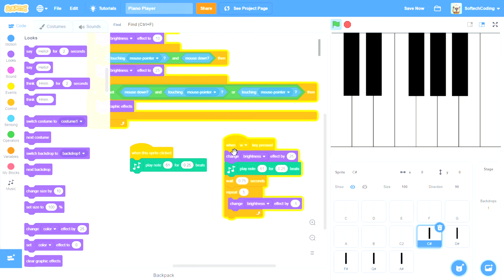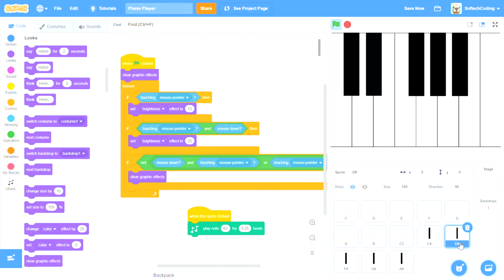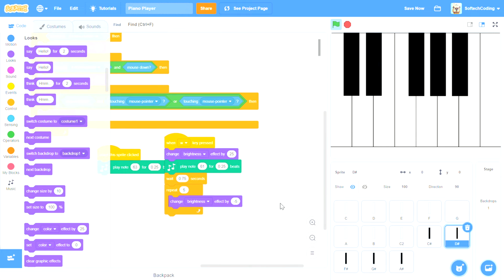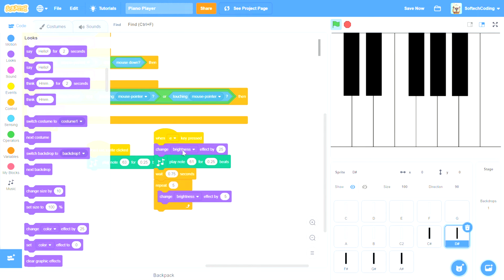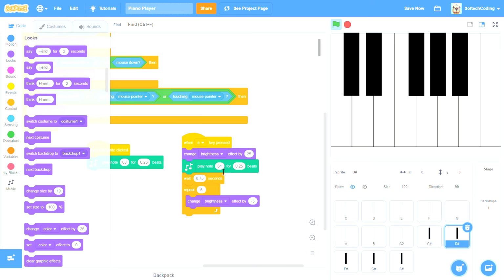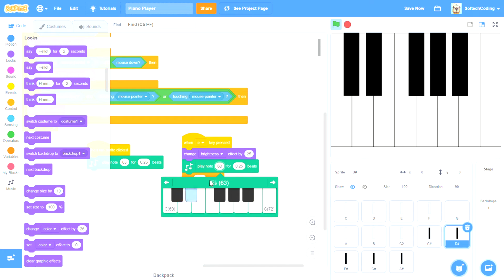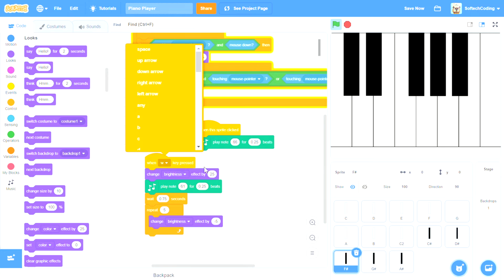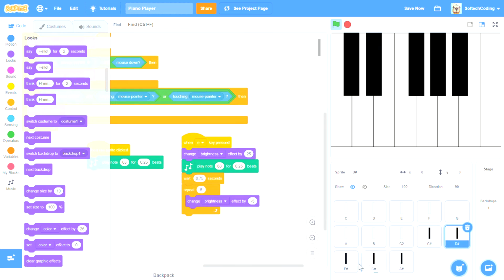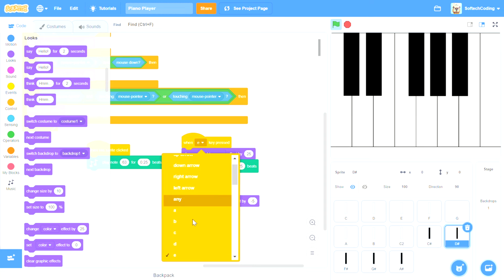I'm just going to copy this now. And I'm going to make the next key pressed E so that it's above. And I'm going to change the note to D sharp. And here, F sharp is going to be, so here we make the note E. So F sharp can be, for example, R. We just want to go in order, right? We don't want to keep the gaps in. So R for F sharp,